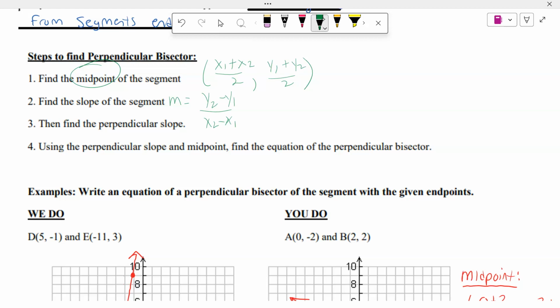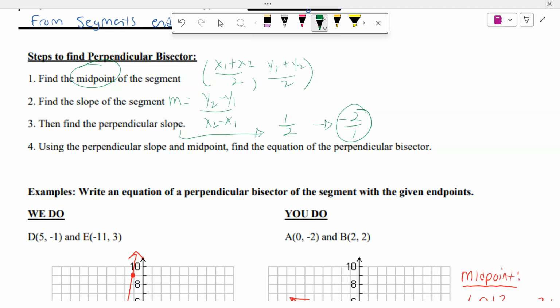And then we're going to find the perpendicular slope. If you remember, just for an example, let's say the slope of my line happens to be 1/2. The perpendicular slope to that would have to be the opposite reciprocal. So it would have to be negative, because notice this is a positive 1/2. The opposite in opposite reciprocal means one's positive, one's negative. And reciprocal essentially is the flip of the fraction. 1/2 becomes 2/1, and of course negative to make it opposite. So we know the perpendicular bisector is going to have a slope of negative 2/1 in this instance,